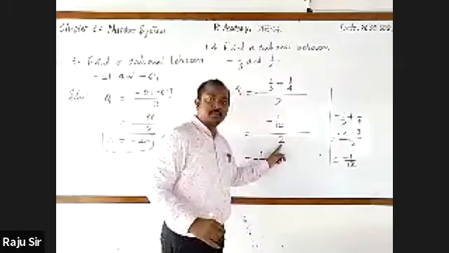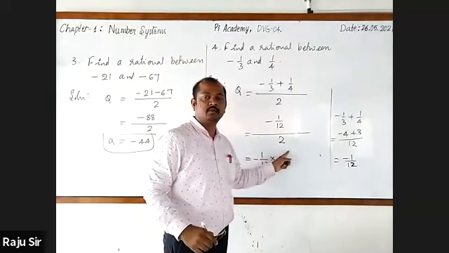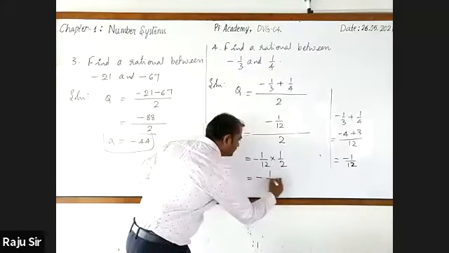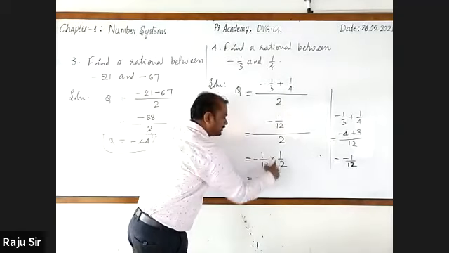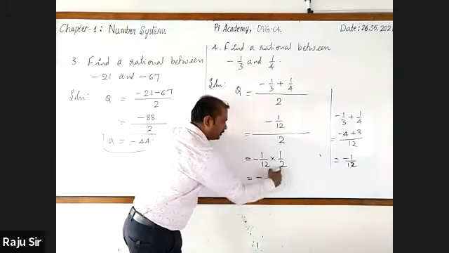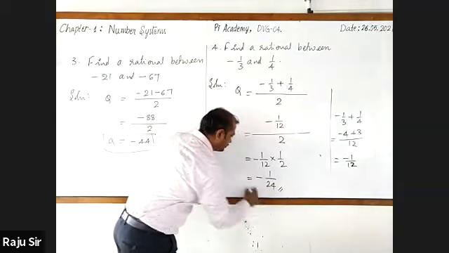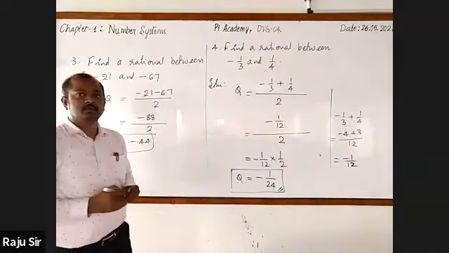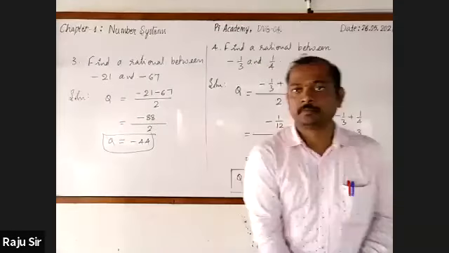Very good. 1 by 2. Yes, sir. You are right. It is by taking the reciprocal of the denominator. What is the reciprocal of the denominator? 1 by 2. This is minus, multiply numerator, 1 1s are 1, denominator 12 2s are 24. So Q is equal to minus 1 by 24.